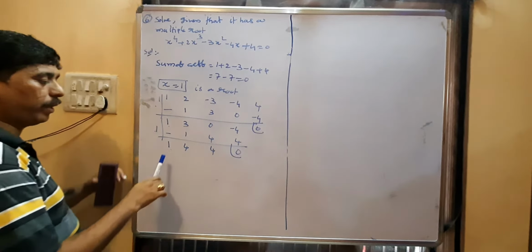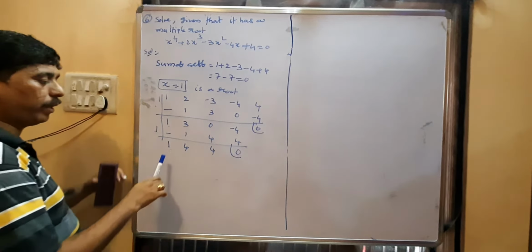Remaining, 3 roots are there. Again check the sum of the coefficients. It is not equal to 0, so x is not equal to 1. A positive root is definitely there, so I will check the next number. With respect to 2, I will do the synthetic division. This method is called the trial and error method. 1, then 2 into 1 is 2, -1 plus 2 is 1, 2 into 1 is 2, -6 plus 2 is... 2 into -6 is -12, and 12 minus 12 is 0.